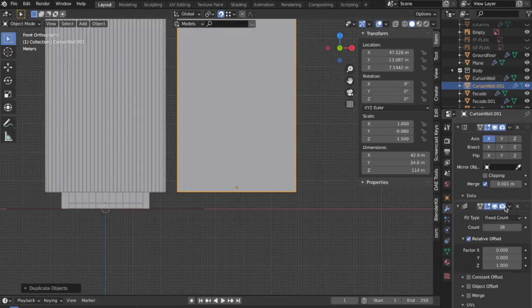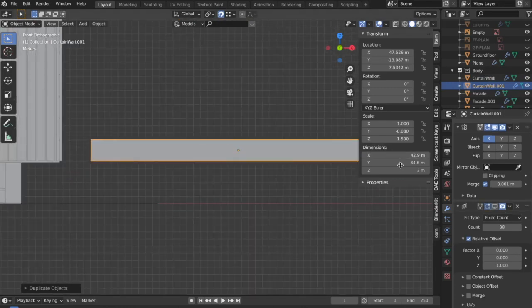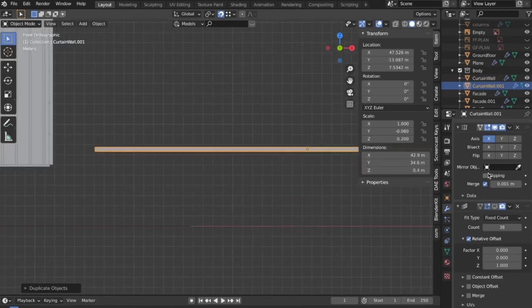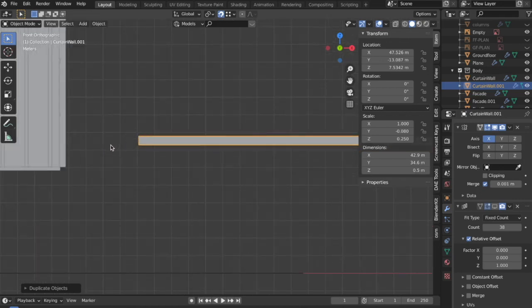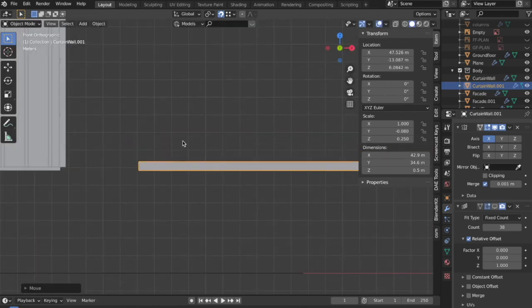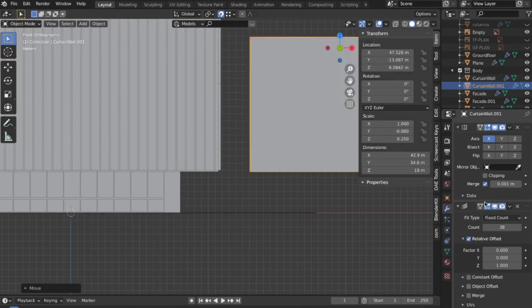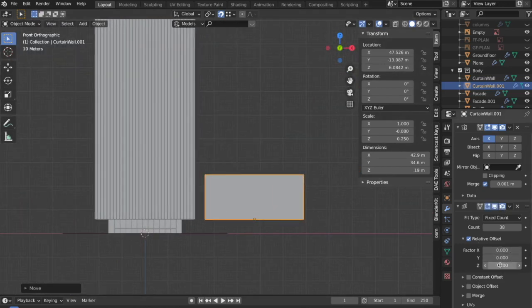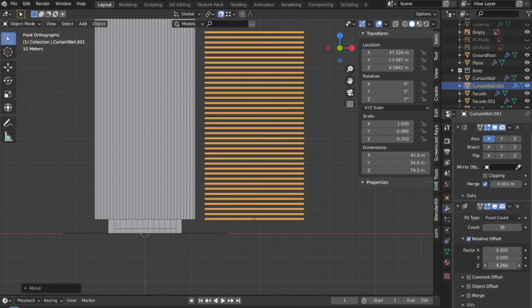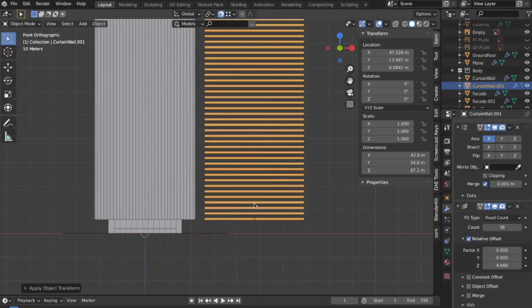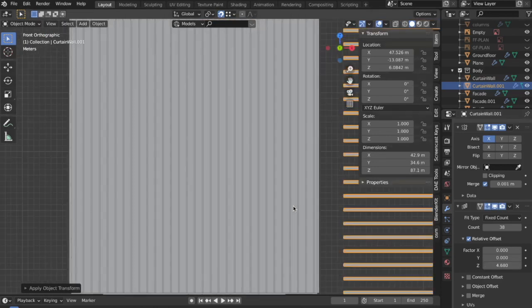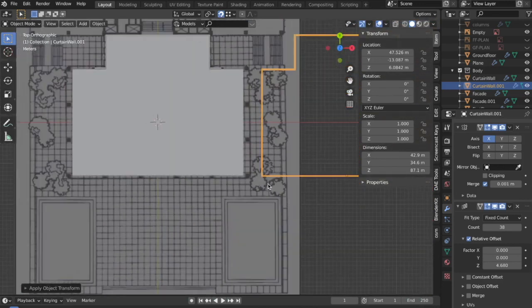Now if I turn this array modifier off once and if I decrease the height of it to roughly around 0.4 meters or maybe 0.5 meters, assuming that this would be the height of this ring over here, and then snap it to this, and now turning on the array modifier, bring it over here.